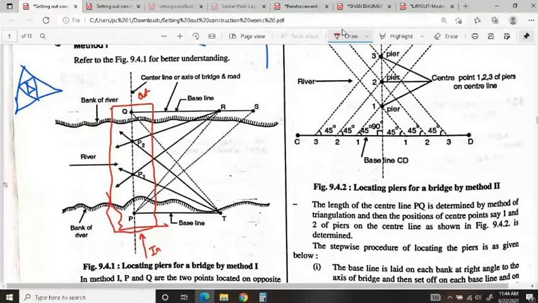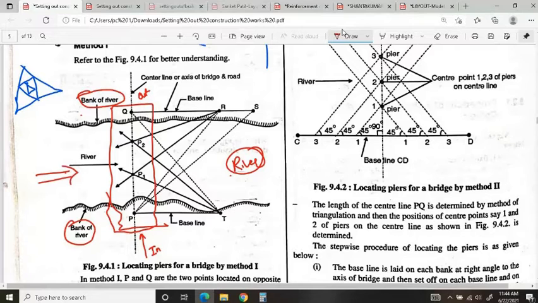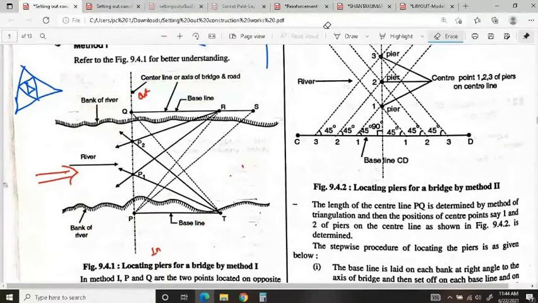See, this bridge is constructed over the river. Sometimes there will be an underpass instead of a river, as you see in normal cities. Here you can see these are the banks of the river. The river is flowing in this direction. Next, this is the road center line, and we are going with the help of triangulation, that is, the baseline. By seeing the figure, you will come to know how to give the positions of the piers.